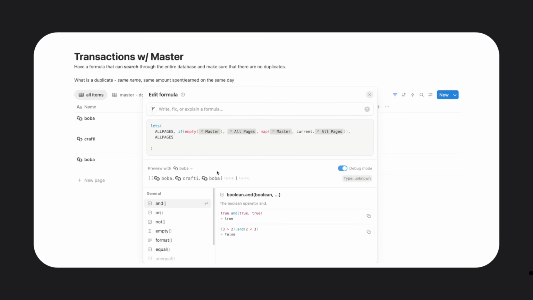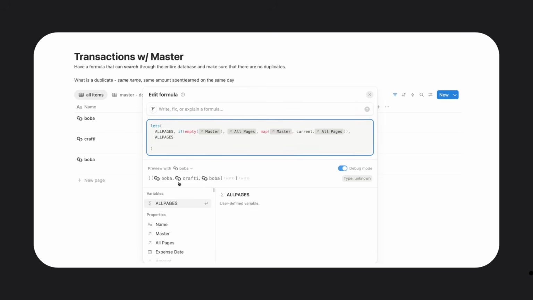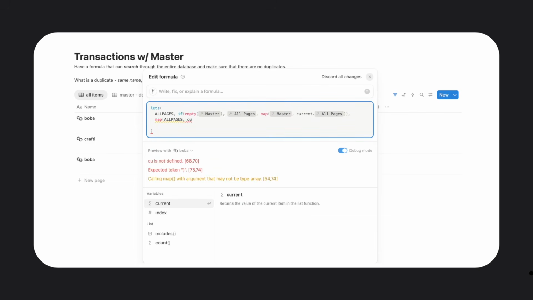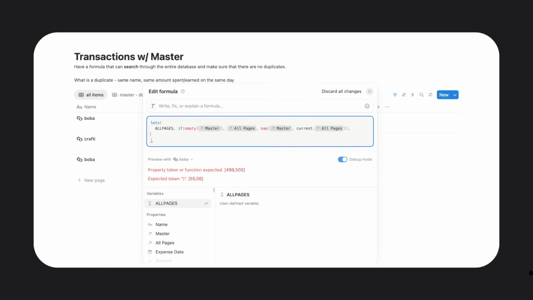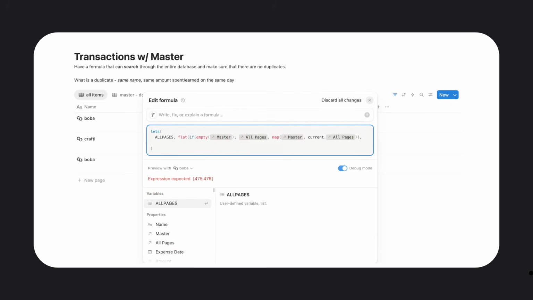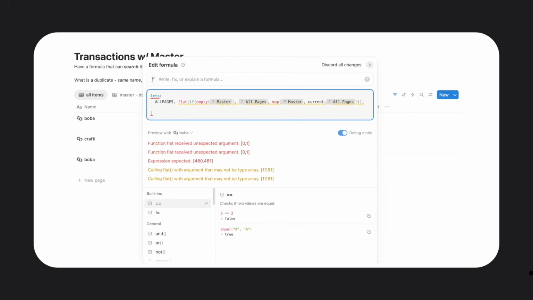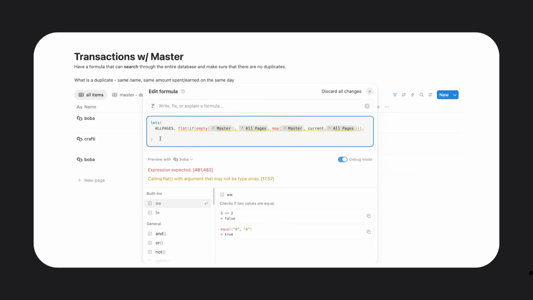So one thing I have noticed is that when things are in this format where it's a double array, we can't access the map property on those. So right now, if I try to map, so all pages is a list, right? So we should be able to call the map property on all pages. But if I do that and I do current, it's not going to pull any of the properties that we know that all pages has. So we know it has an amount, and we know it has this, we know it has that, right? But what I can do here is I can make sure to flatten it. So if I call the flat on this, that means it takes anything that's multiple arrays and it flattens it,